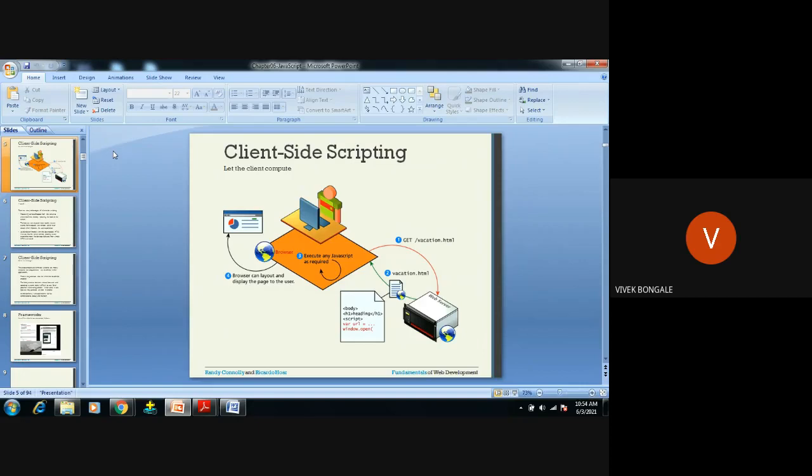I can move my mouse to that particular part and highlight it. Some other client may go to a different portion and want to highlight something else, and he highlights that part, right? That is what a dynamic web page is. Instantly that web page will respond to that modification, that change. That's what client scripting is.